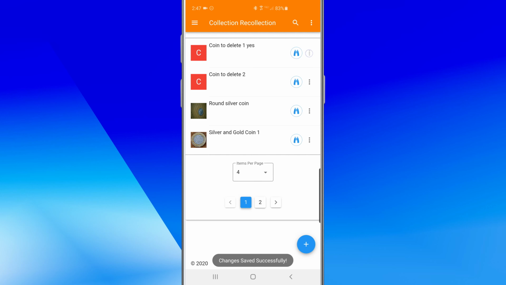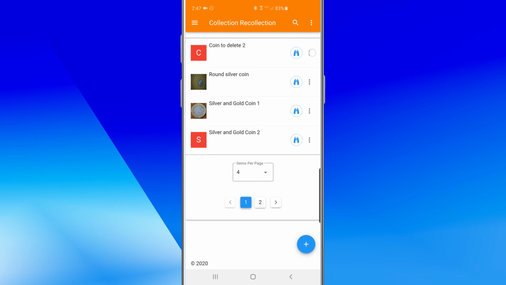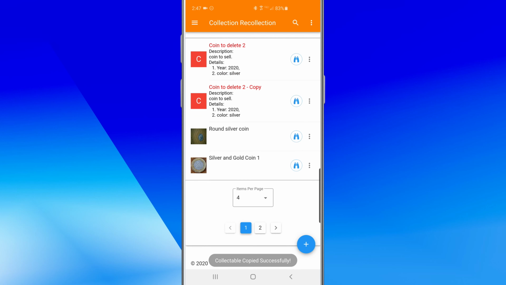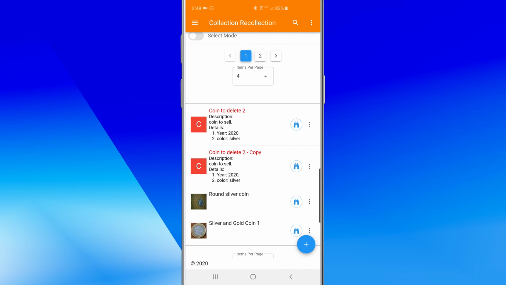Trash Can to delete the collectible, Paper to make a duplicate collectible. A duplicate collectible will not include the original image and will add the word copy at the end of its name. At the bottom or the top of the list of your collectibles, look for the left or right arrows